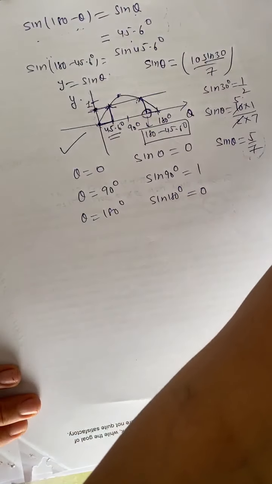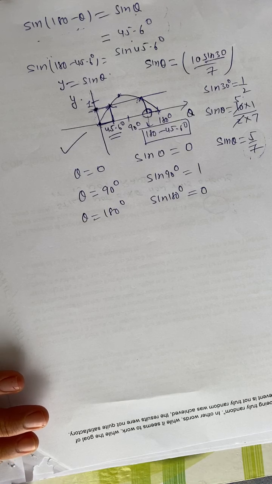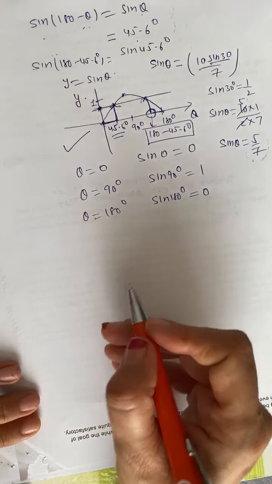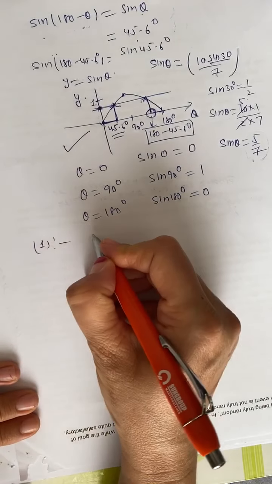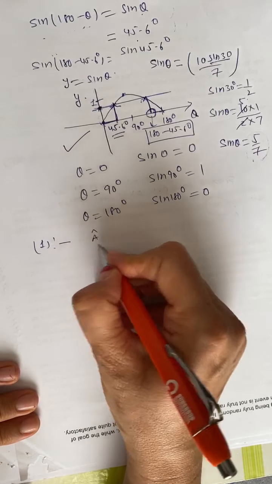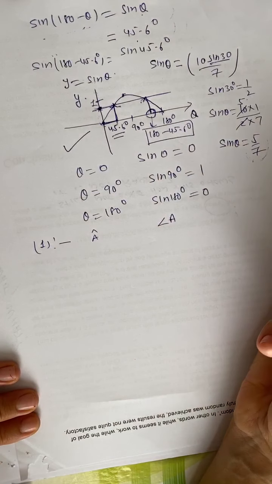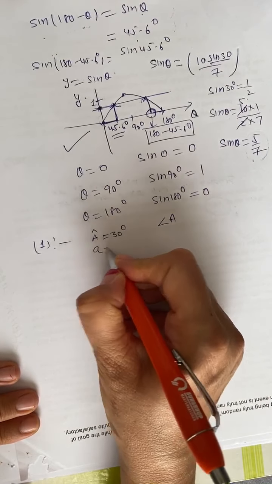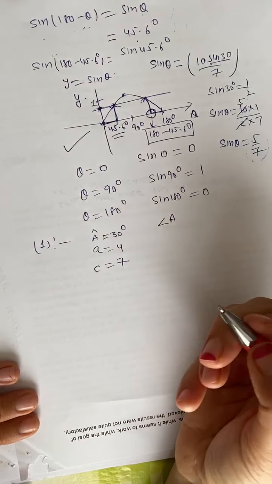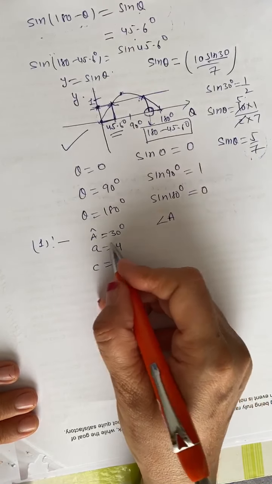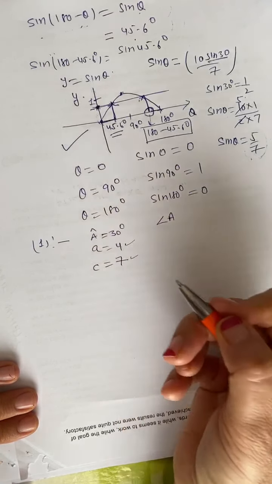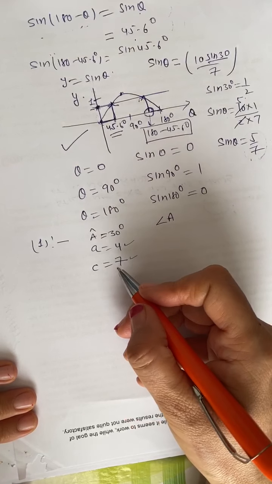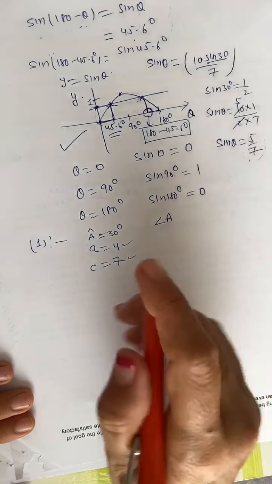Now I'm going to do one example so that you can see, it may or may not be ambiguous. Let's say angle A, which is also notation for angle A, so don't get confused, is equal to 30 degrees, small a is 4 and c is equal to 7. I'm not going to draw with a ruler, but try to be careful: 4 has to be less than 7. If you want to use a ruler you can, but there's no need.